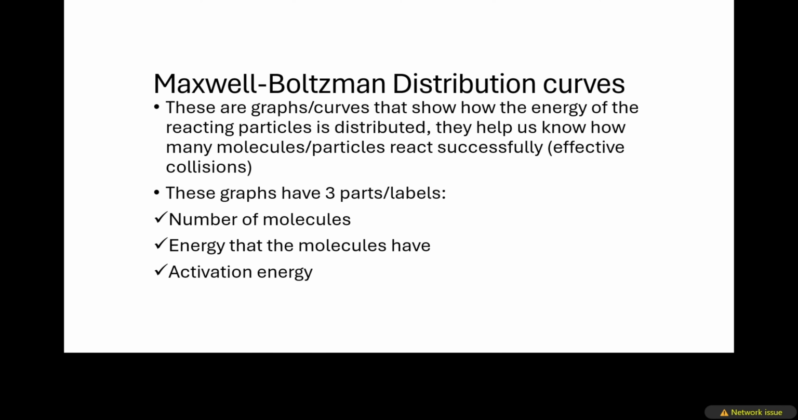So the Maxwell-Boltzmann distribution curves are actually graphs or curves. We just call them curves because they are graphs. Those curves and graphs show how the energy of the particles that are reacting, or of the reactants, is distributed. So these curves help us to know how many molecules and particles react successfully, or how many effective collisions